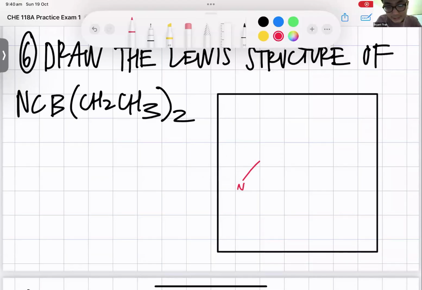It does show up on the practice exam though. This is where I made it similar to the practice problem. But I'll just ask you how you would draw the Lewis structure instead of drawing it out because it's messy. You figured out the geometry of triple bonds, linear, straight. I always made that mistake. I always make a bend. Is it too long? No, it should be fine. Yeah, that's good.